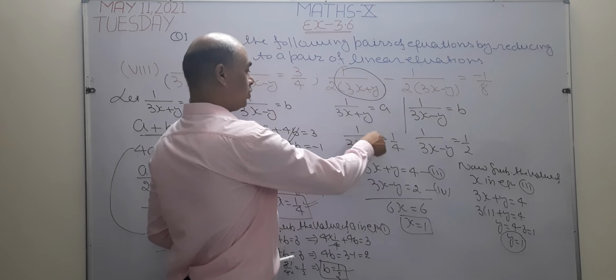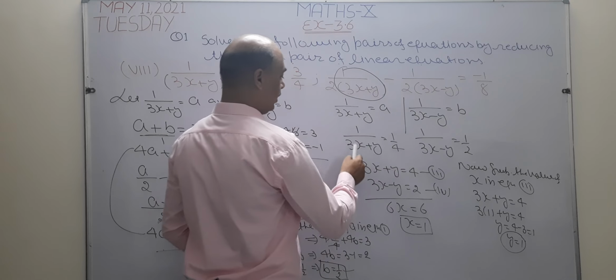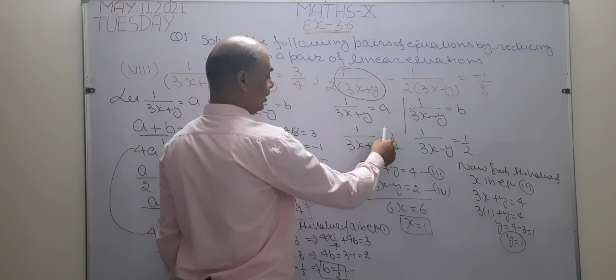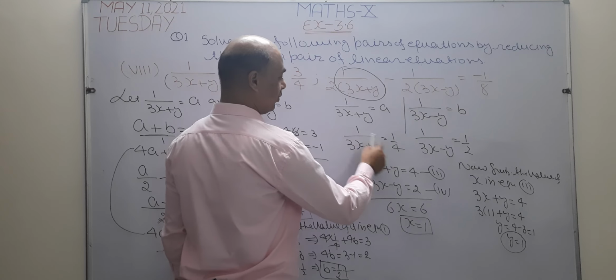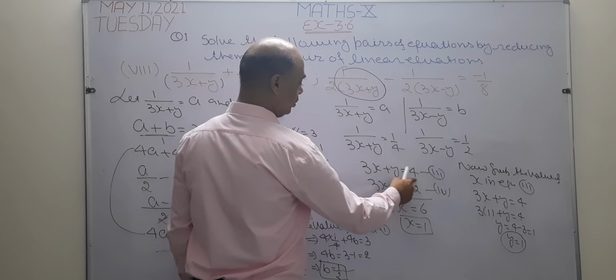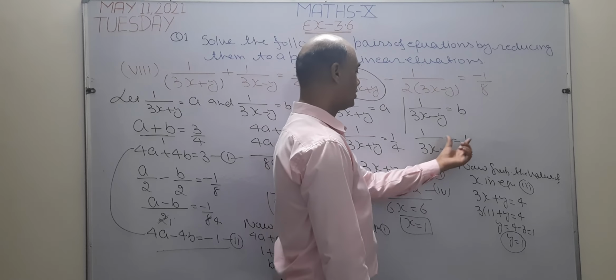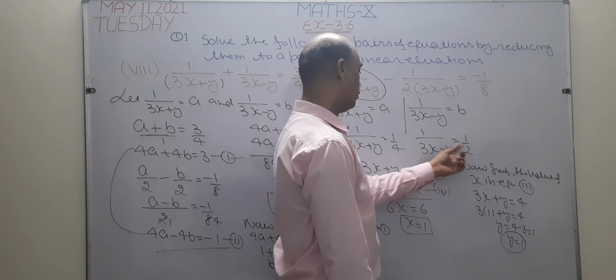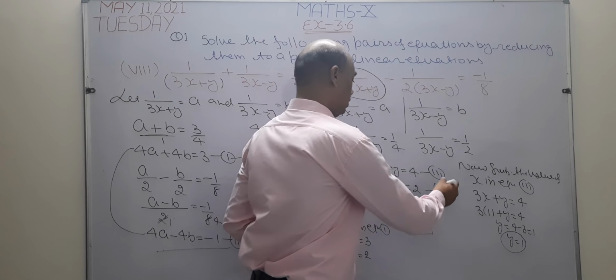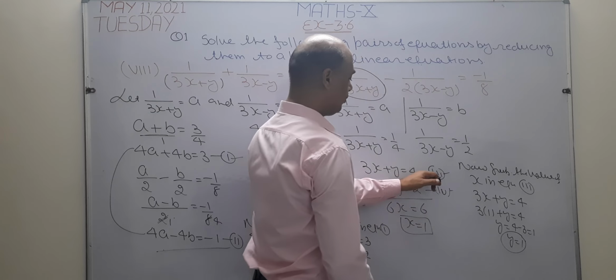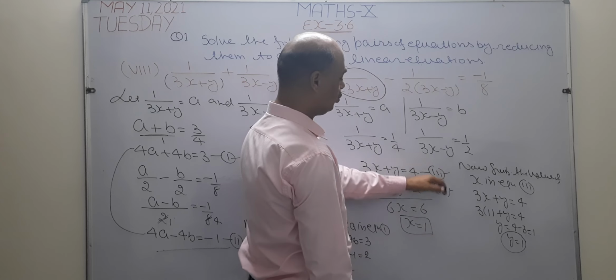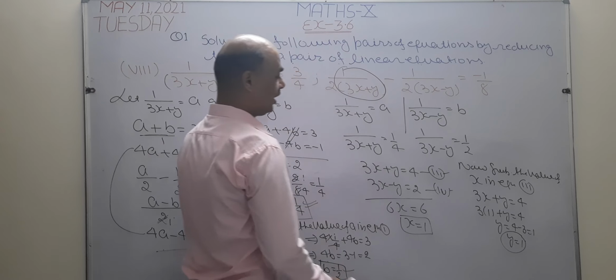Now again taking cross multiply. 3x plus y going to multiply 1, going to remain the same, and 4 ones are 4. In this way I get our third equation. In the same way, when I multiply this term by 1, this one remains the same, and 2 ones are 2. Now again 2 equations are there. I take it number 3 and 4. Now I want to solve these 2 equations by again using the elimination method.